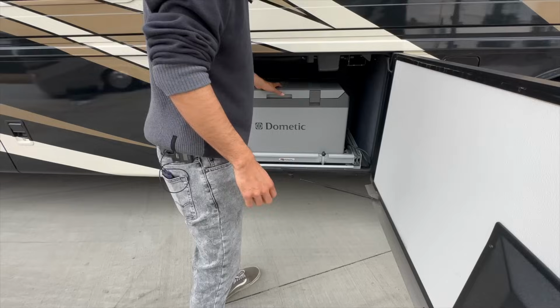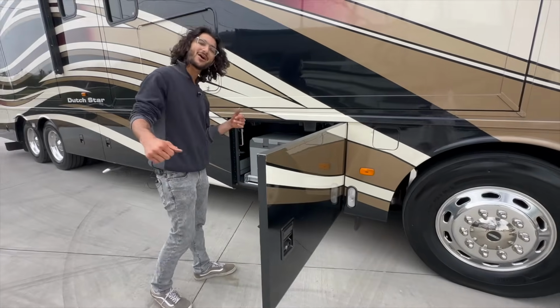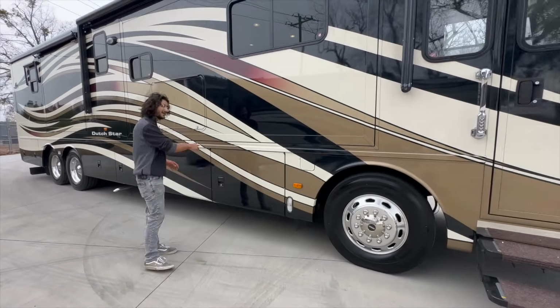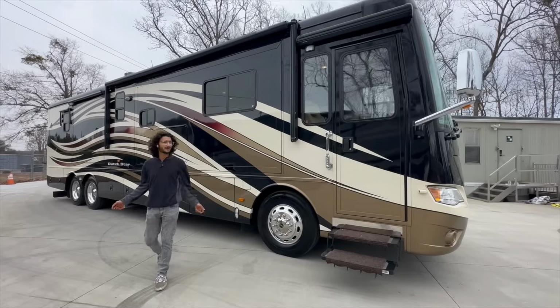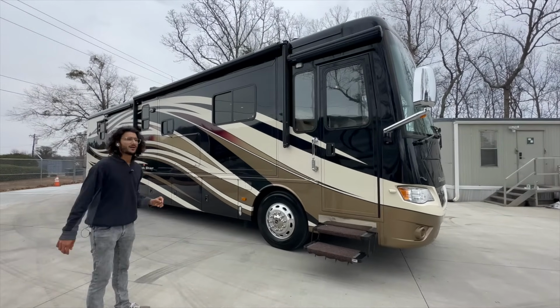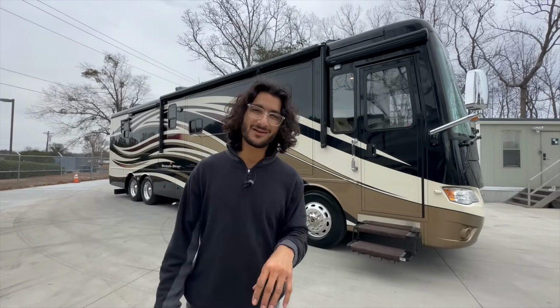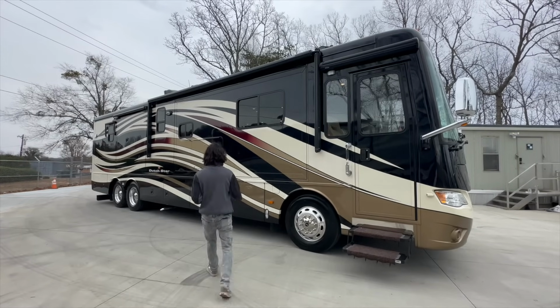And I really like having that Dometic, especially with the built-in rack to slide it out and have it out here in your patio space. Really set up the tailgate and have some fun, all right? There's a second access to our dual fill fuel tank. And we've got a big electric Dometic patio awning here with the wind sensors. We've also got a Dometic electric entrance awning, and to cap off the nice entertainment area,